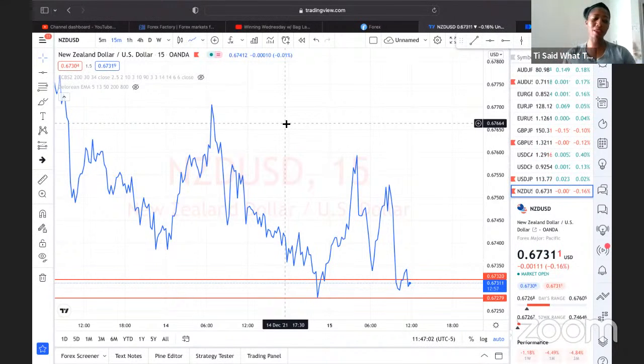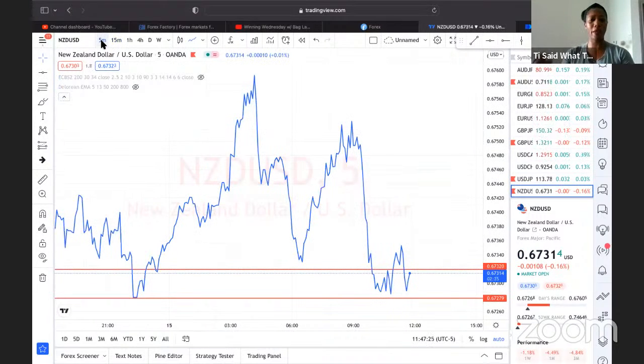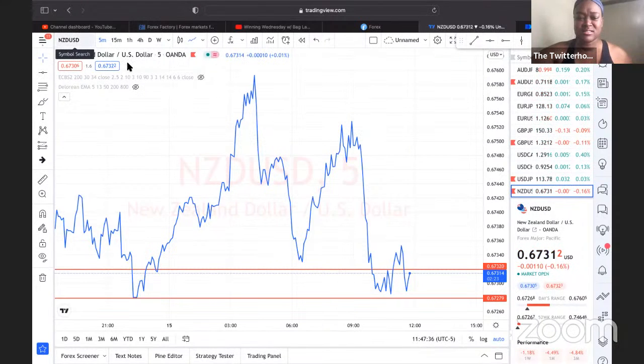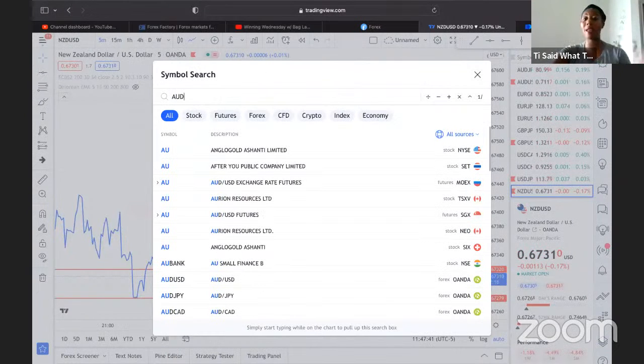So I've been in the academy for about a year, but once I started actually applying and learning a strategy, I don't use the strategy that Alethea uses. Once I saw a strategy that made sense to me, that kind of clicked in my head, I just went all in to start studying this particular strategy. And I would say 2.5 to 3 months, then I felt really comfortable saying, okay, I don't need to take signals from someone. I can do this on my own, and I can accomplish what my goals are for my trading plan. But again, that's why I say it's up to you.